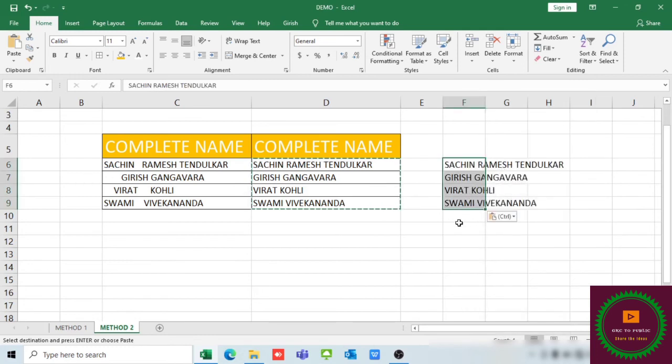When we do this, no formula is pasted, only the values are copied, that is Sachin Ramesh Tendulkar, with proper spacing between the words. By this way you can remove unwanted spaces in a large file.